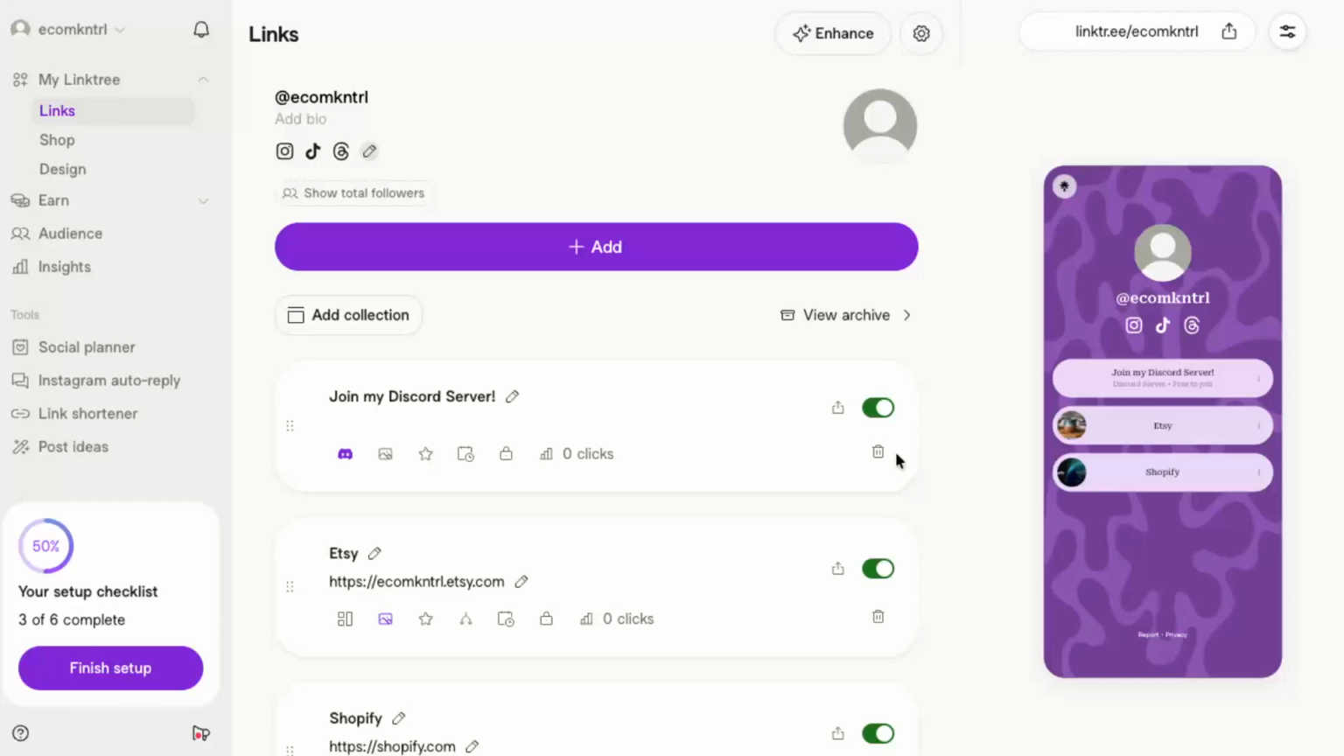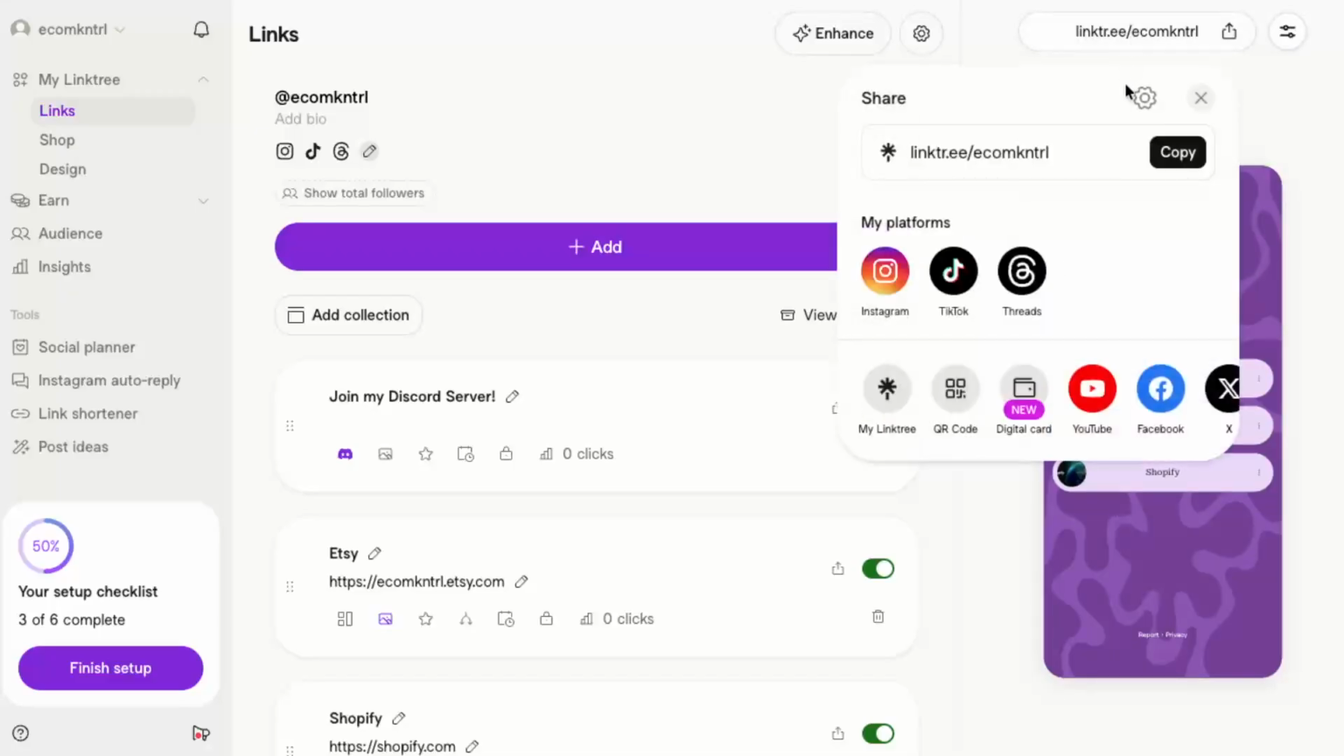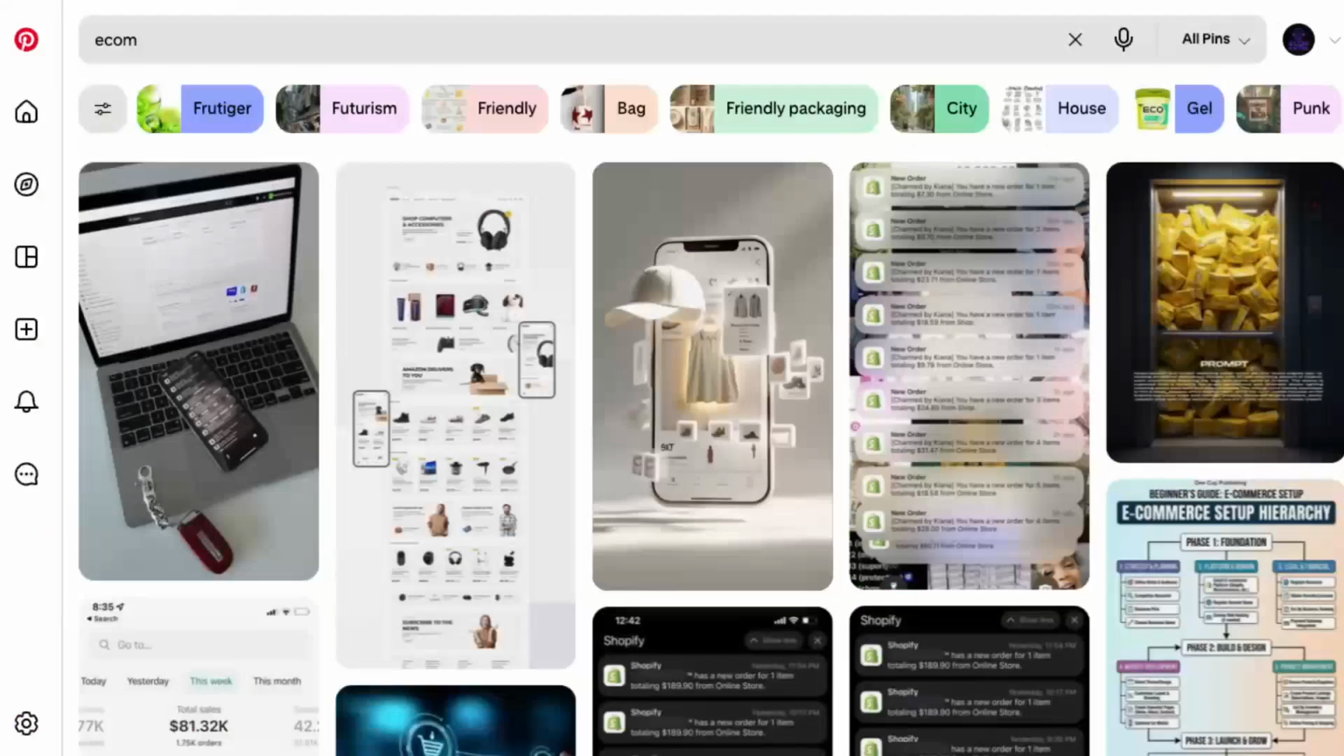In today's video, I'm going to teach you how to add Linktree on Pinterest. Connecting your Linktree to Pinterest is a great way to drive people from your pins straight to all of your important links, whether that's your website, your shop, or your social profiles. In this walkthrough, I'll guide you through the process step by step, so you can follow along on your own